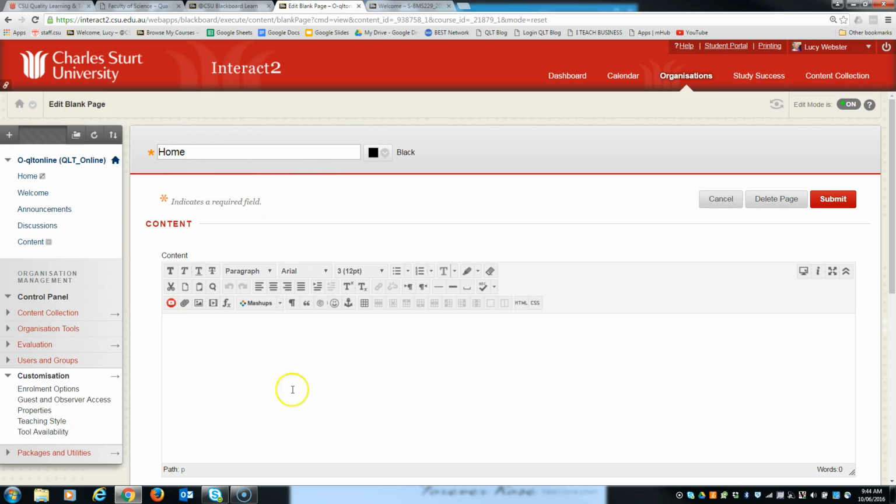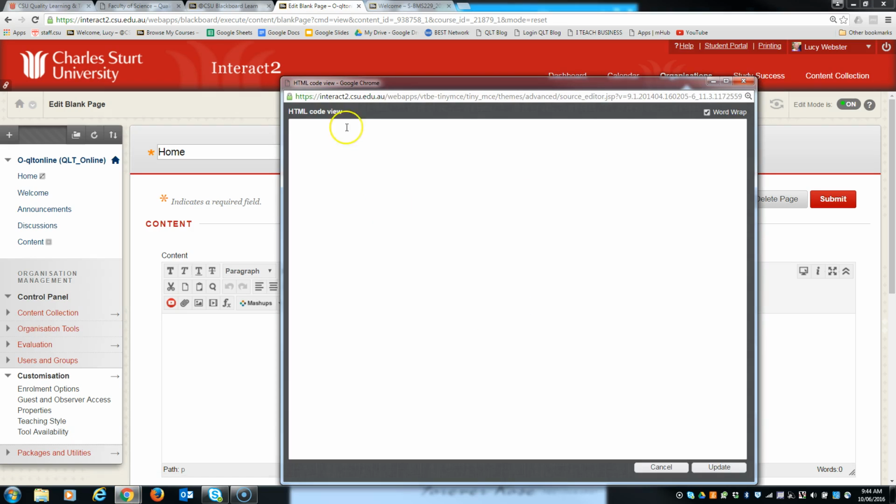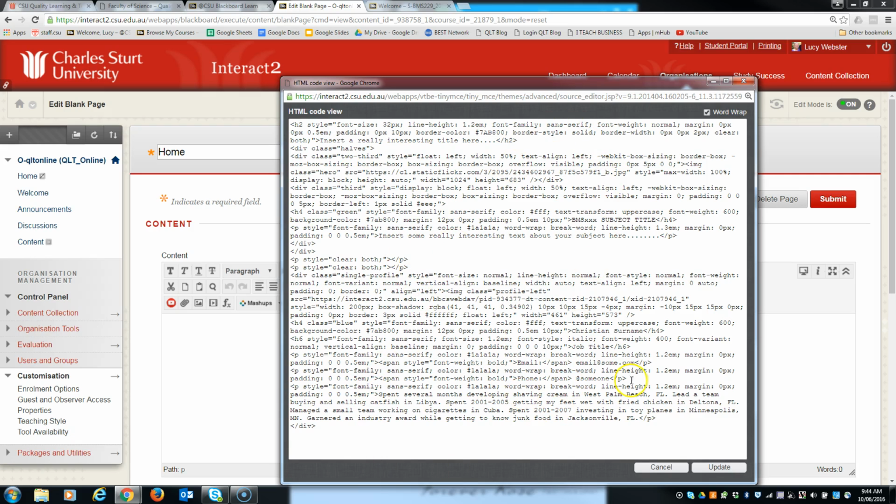So here's our home page. This is where I want that landing page information. What I need to do to paste that code is I need to click on this little HTML code view box, and that will open up the code view. So all I do is hit Control V, and that will paste all of that code that we copied before,